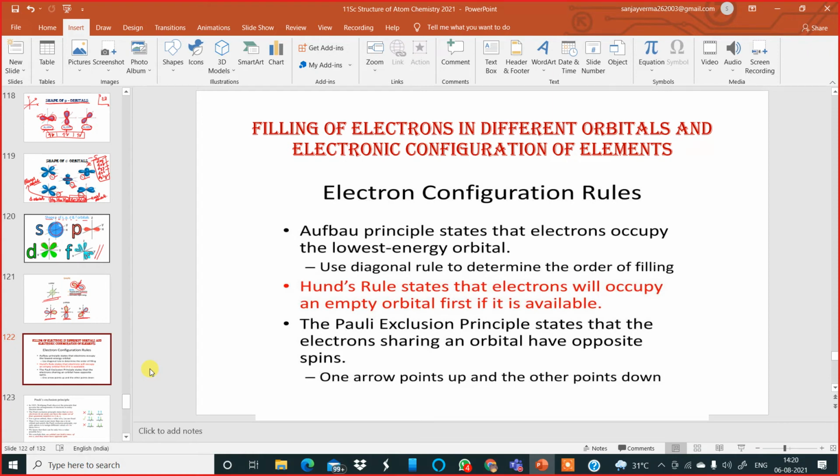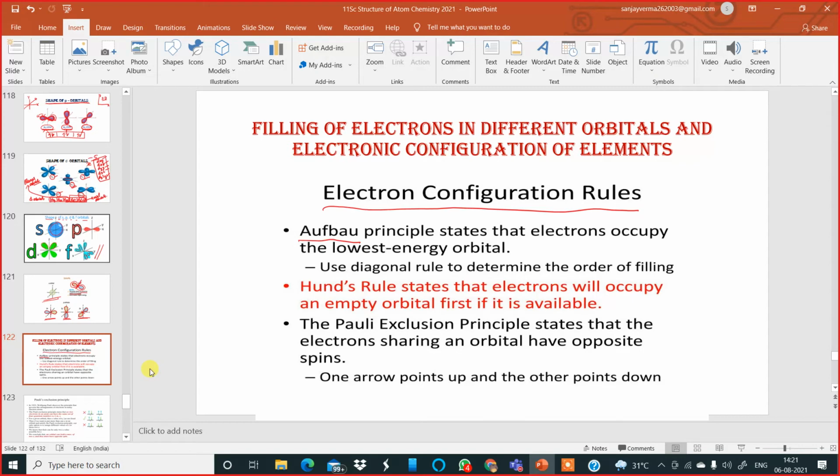So let us go through the principles and the rules quickly, which are called electron configuration rules. Because in class 8, I remember you have learned the definition of electronic configuration, which means it's a distribution of electrons across various shells or subshells or orbits or orbitals. But here we have a different story. We have to follow certain principles, certain rules, and then only we can correctly write down the electronic configuration of elements. Now, if you look at the first one over here, it is called the Aufbau principle.